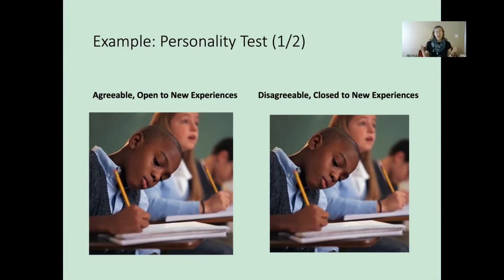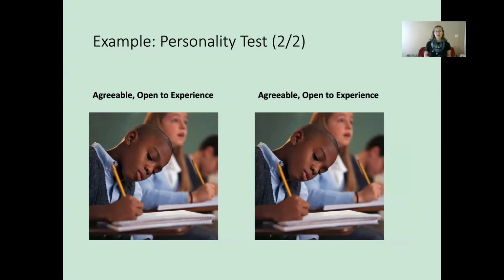So is this a valid test? Probably not, because these results are the opposite from each other. So it will be hard for them to average together and give us his true personality. Let's think about, on the other hand, whether the child took the personality test and it showed he was agreeable and open to experience, and 6 months later it showed he was agreeable and open to experience. That makes it reliable, right? But is it valid? It's hard to say.